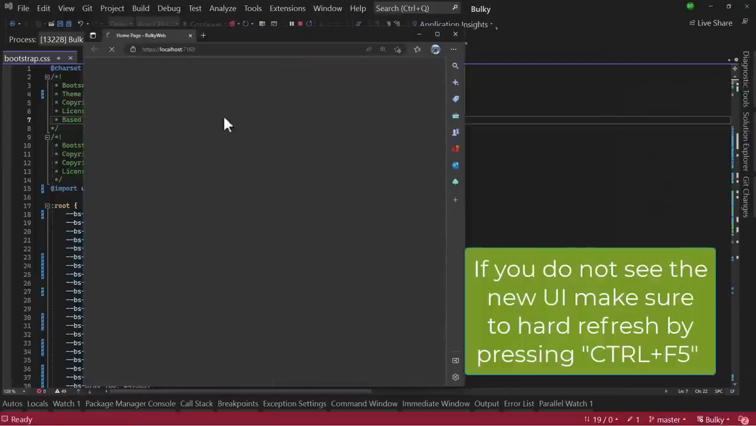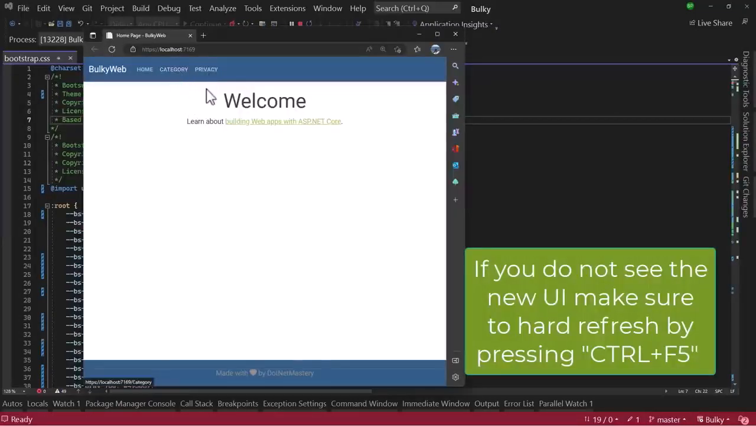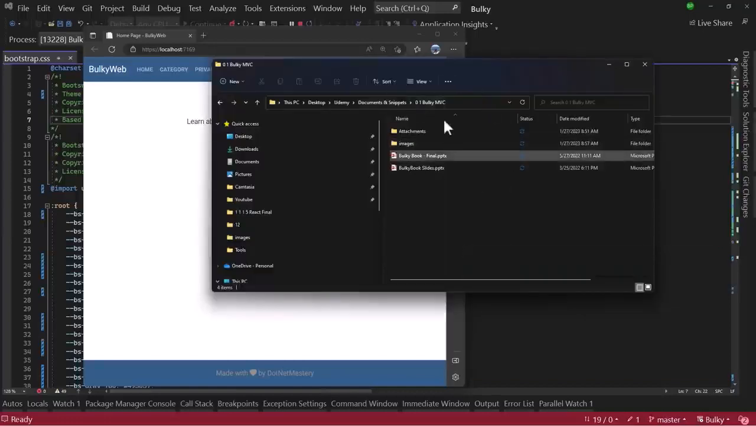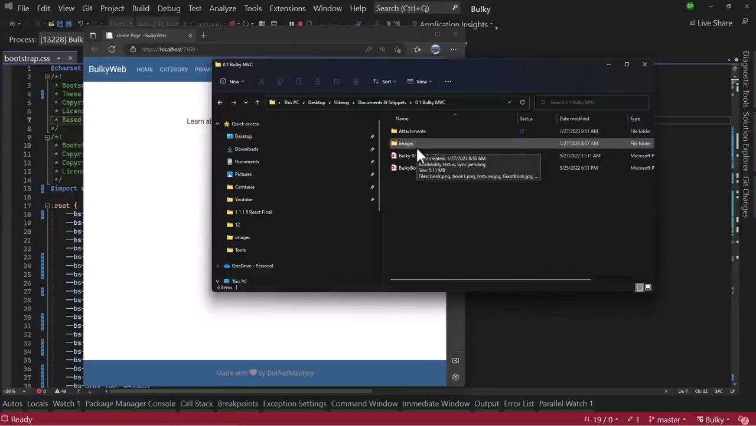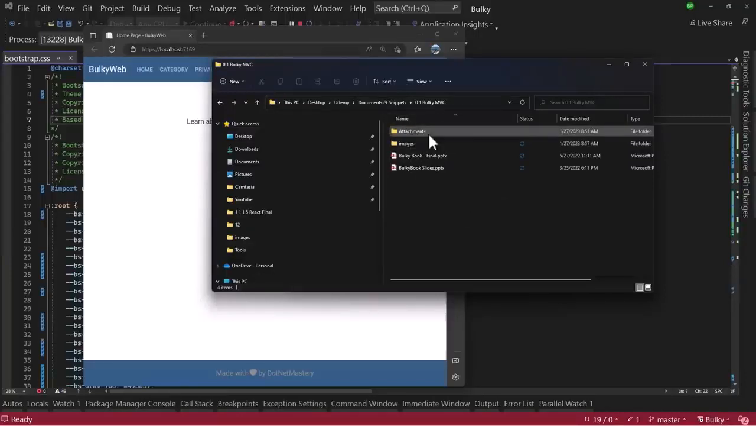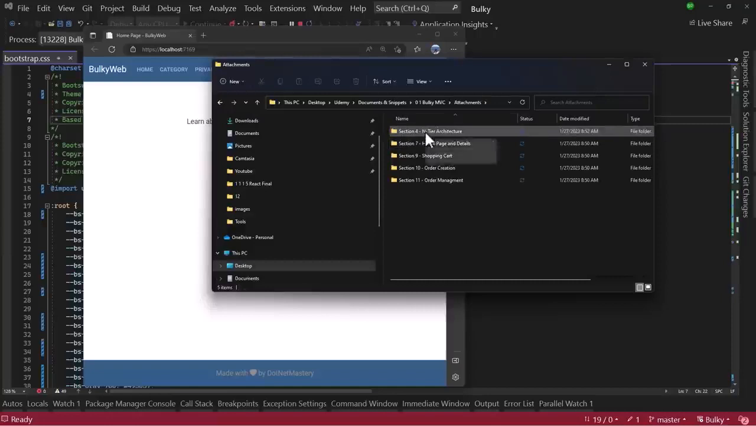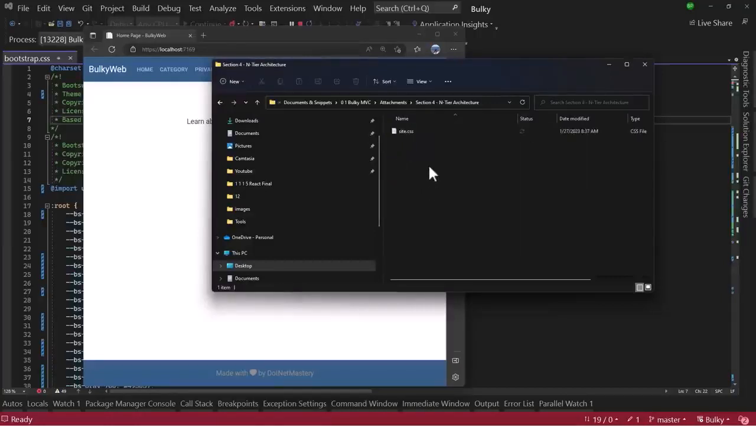But on top of that, I want to change the button colors that we have by default. Now rather than typing all of that HTML and CSS, what I have done is I have provided all the snippets, and you can download them from DotNetMastery.com. There, if you go to course detail, you can get all the snippets. So make sure to download all of them, and in the attachments, we are in section 4, we have site.css